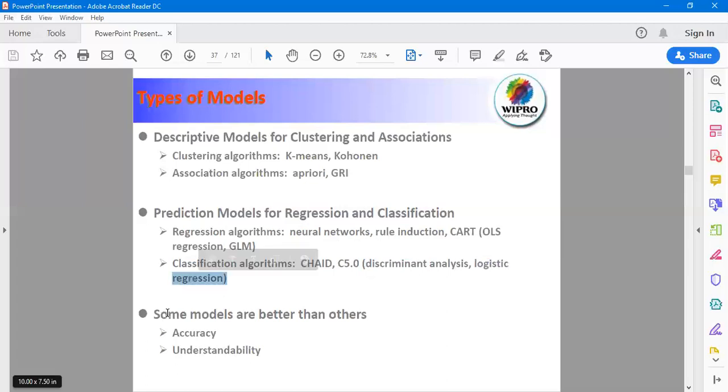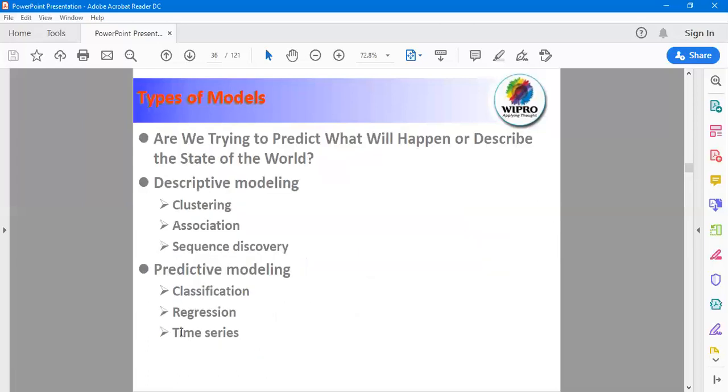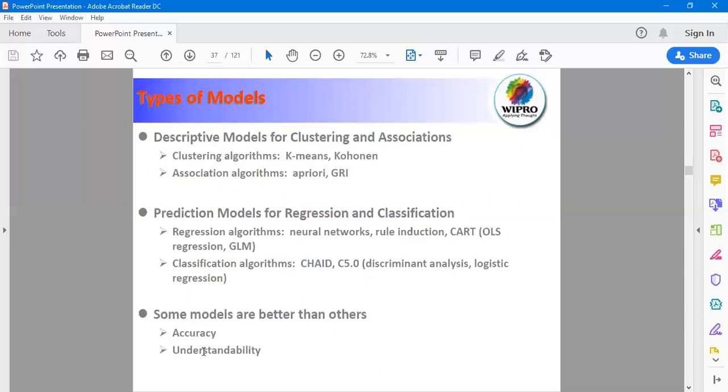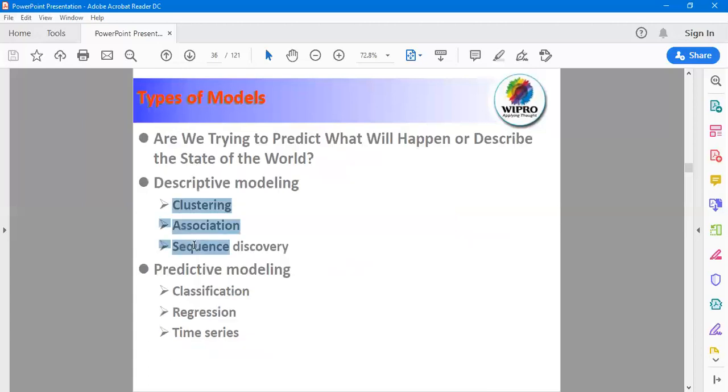Some models are better than others; these models are used for accuracy and understanding. As we discussed here, time series is also used, but it is rarely used in research because it fails in terms of accuracy, precision, or understanding, since time keeps changing very rapidly. In that case, your model fails, so you need to identify some generalized models. That is why in our previous lectures, we mostly highlighted these types of techniques.